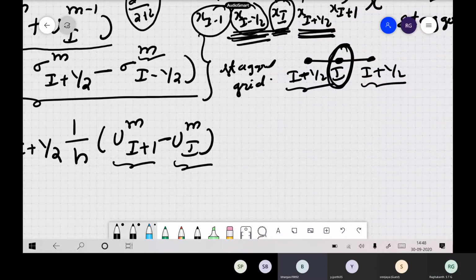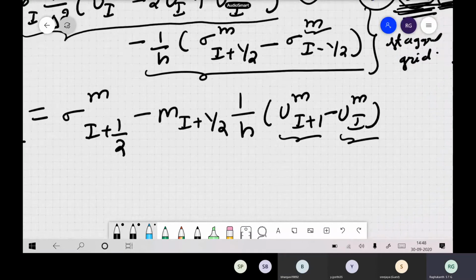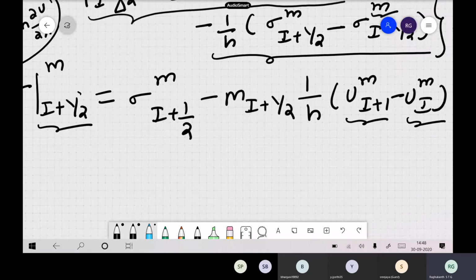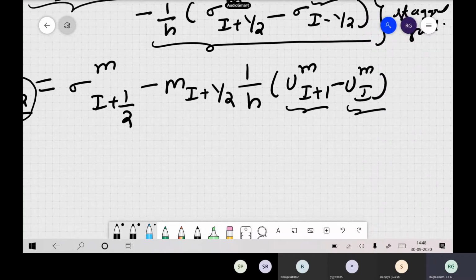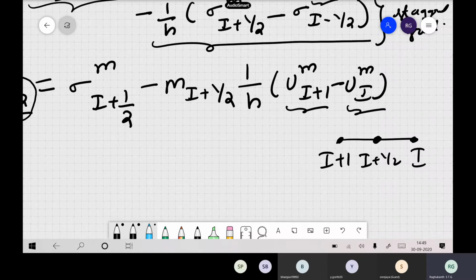Forward difference? Forward. See, that's why it is not forward, it is central only. Why? Where are you computing the output? Output you are computing at? Oh, I plus half, yeah. I plus half, because u is not defined at I plus half. You understand? So now to compute at I plus half, this is your I plus half. Okay, and I plus 1 is here, I is here actual. So where are you computing the derivative? Middle or above or backward? You are computing the derivative at this place only. So what type of difference is it? Central difference, central difference only.